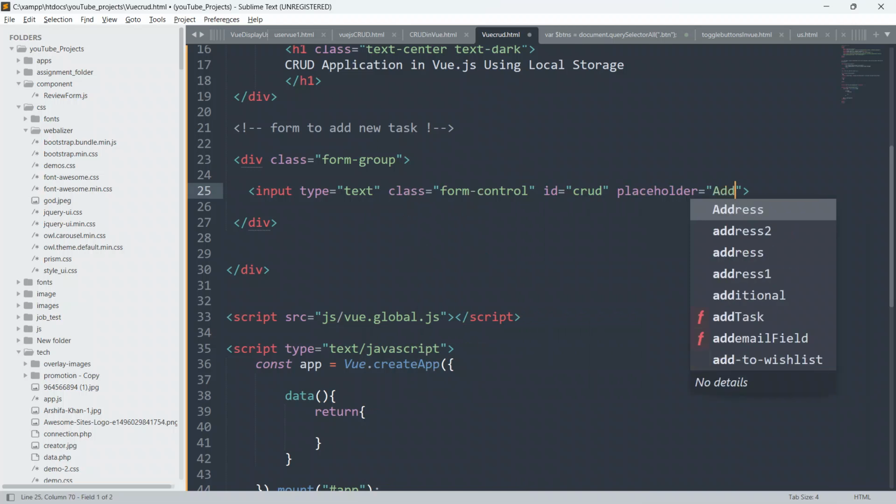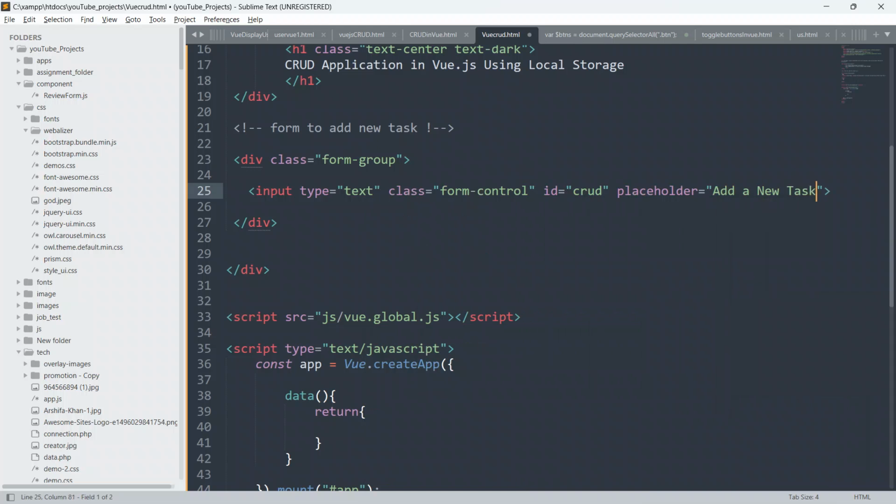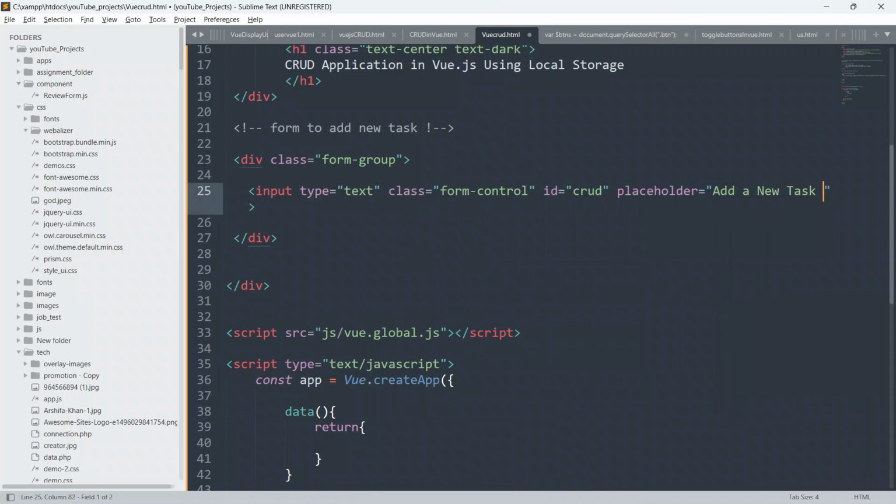I will say add a task, or add new task to your task list. I will also give v-model here. So v-model equal to newTask. Now we are done.